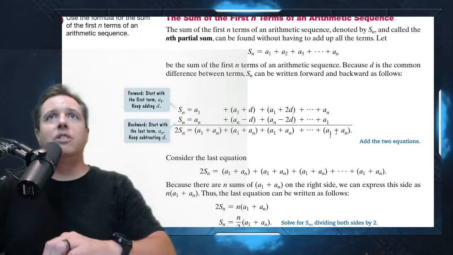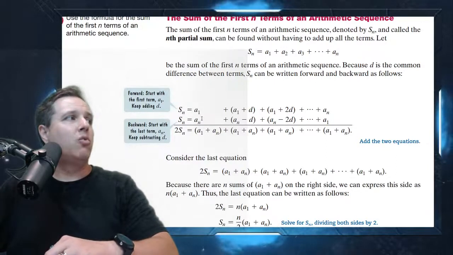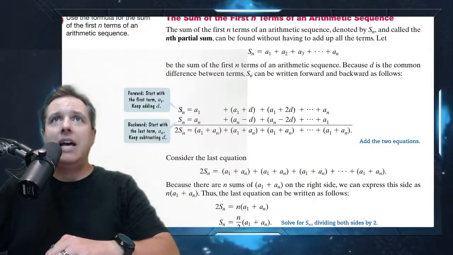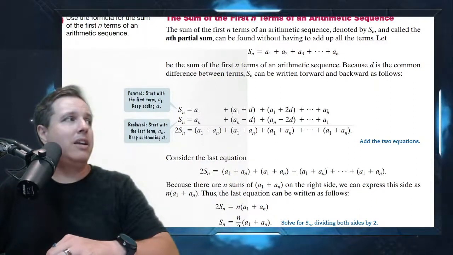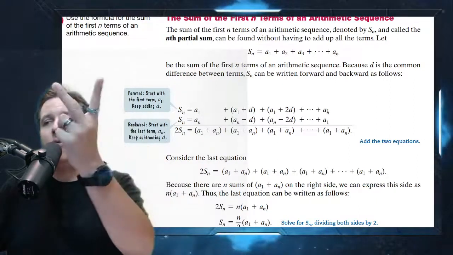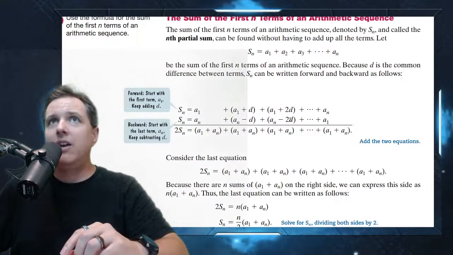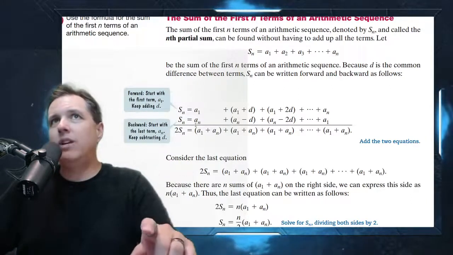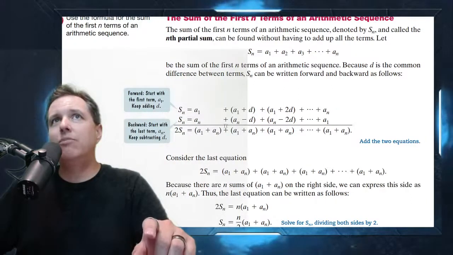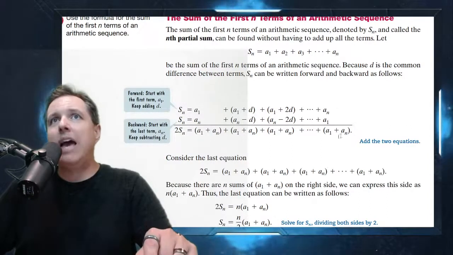And here is an interesting way where you can actually see where the formula comes from. So what they do is they take S sub n is equal to a1 plus all the terms up to an, right? And then what you do on the line before that is you just flip everything around. So now we're starting with a1 on the right, and we're getting bigger as we go to the left. So what happens for every single one of these terms, when we add up the columns, you get a1 plus an. And how many of those do we have?